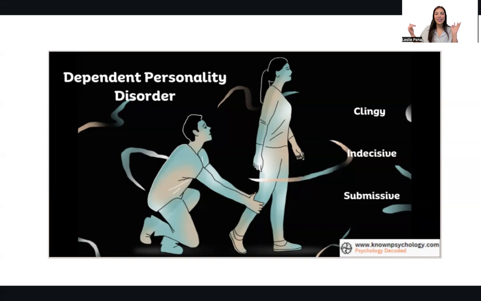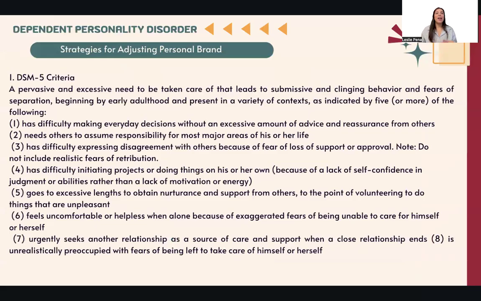So this is clingy, indecisive, submissive, very dependent, right? This is a pervasive or excessive need to be taken care of that leads to submissive and clinging behaviors, fear of separation, beginning from early adulthood and present by 5 or more of the following. They have difficulty making everyday decisions without an excessive amount of reassurance from others. They need others to assume responsibility for most major areas in their life, have difficulty expressing disagreement with others